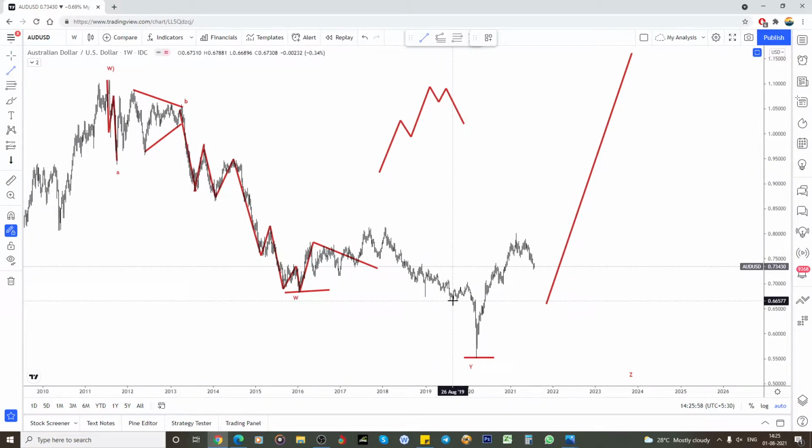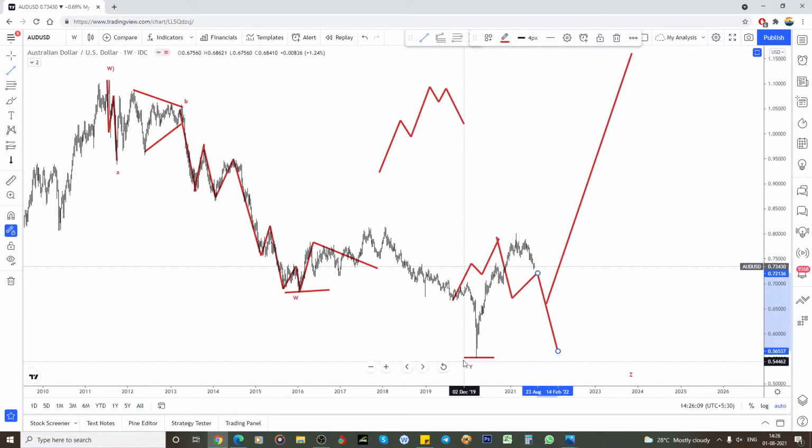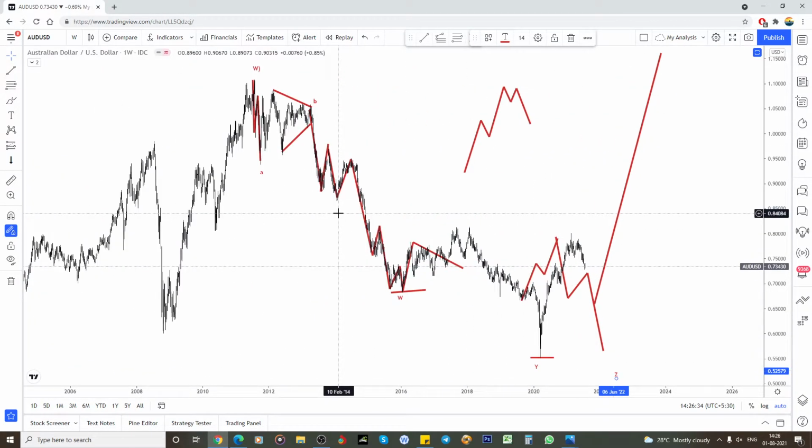So wait for this. Here I took it, I looked for this as a running flat, and again one more low is also possible. But even though if it didn't come, my target is reached, but what I expected from here is that it has to drop. But previously it dropped and again it bounced, which means for me it's still in that X wave. One more A, B, C, whatever you can make it, this as a WX, this as a Y, this could be an X, and this could be a Z also. So this is my top to bottom analysis.